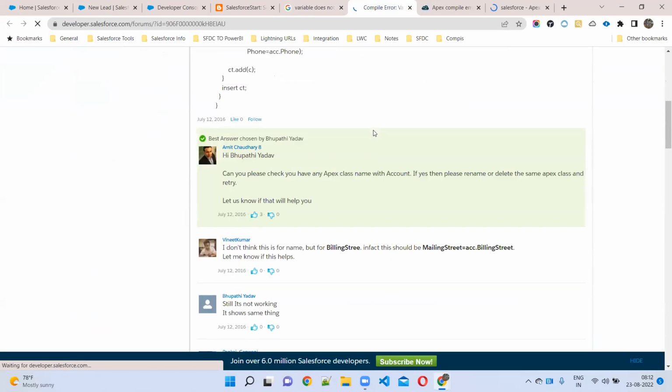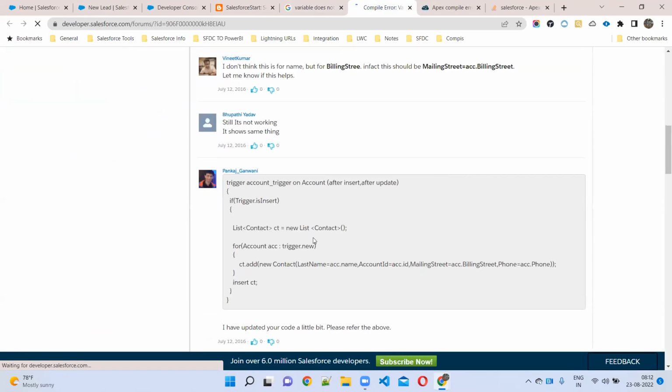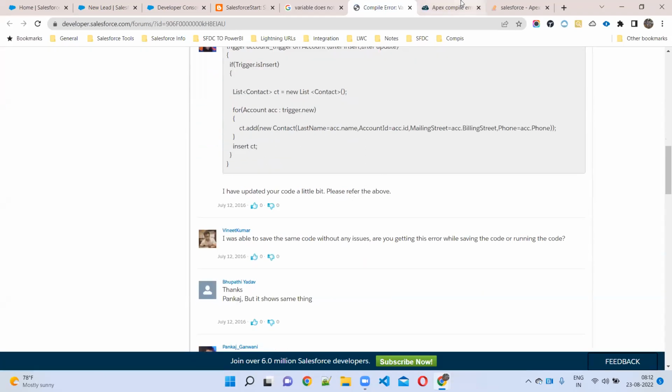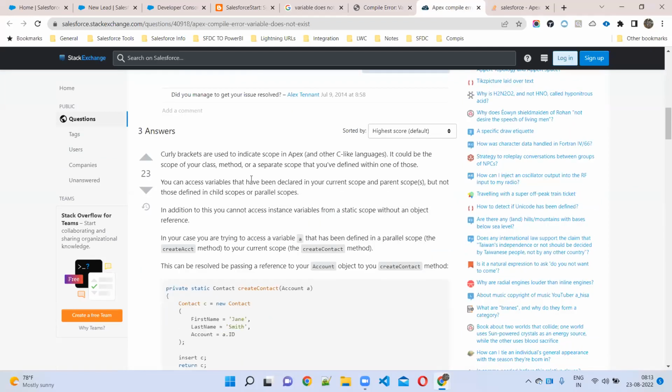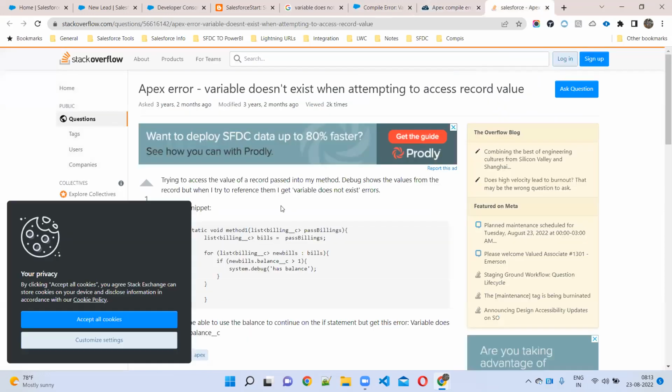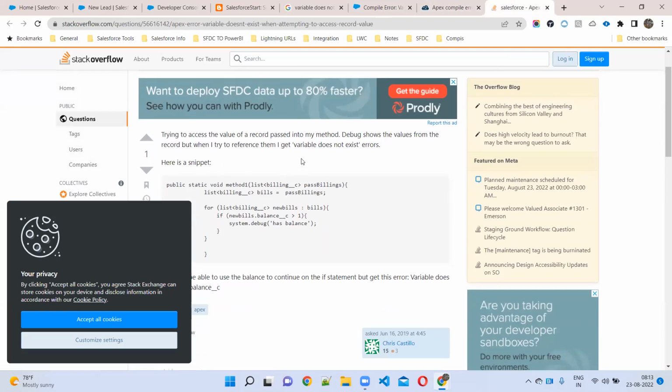Understand what I'm saying? Yes, sir. So we have to research ourselves first instead of asking. If we correct our error ourselves, it will be good. Actually, we'll build our confidence automatically. Since this is completely new to coding, we may need to ask other people, but first we have to try ourselves, search on Google. Then if it does not work, we can ask other people. In a company, no one will be there in the surroundings; other people will help you, but first we have to try ourselves.